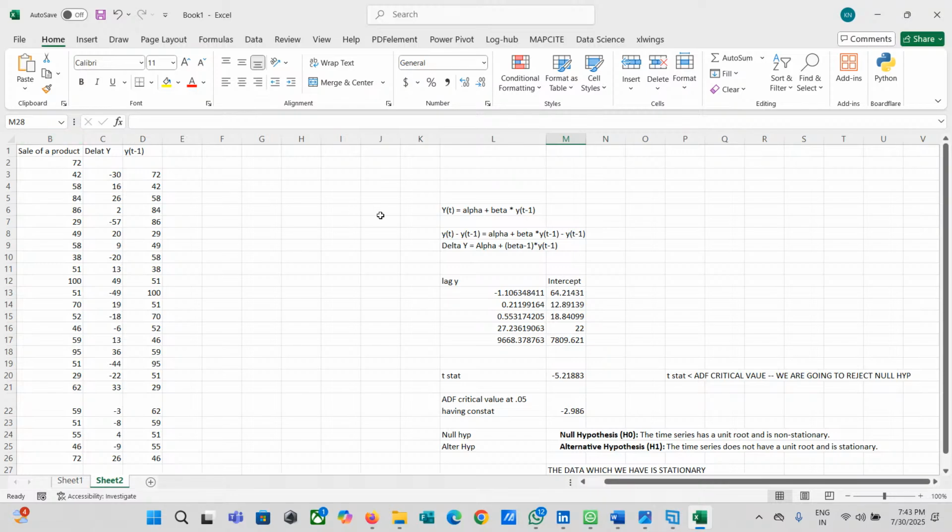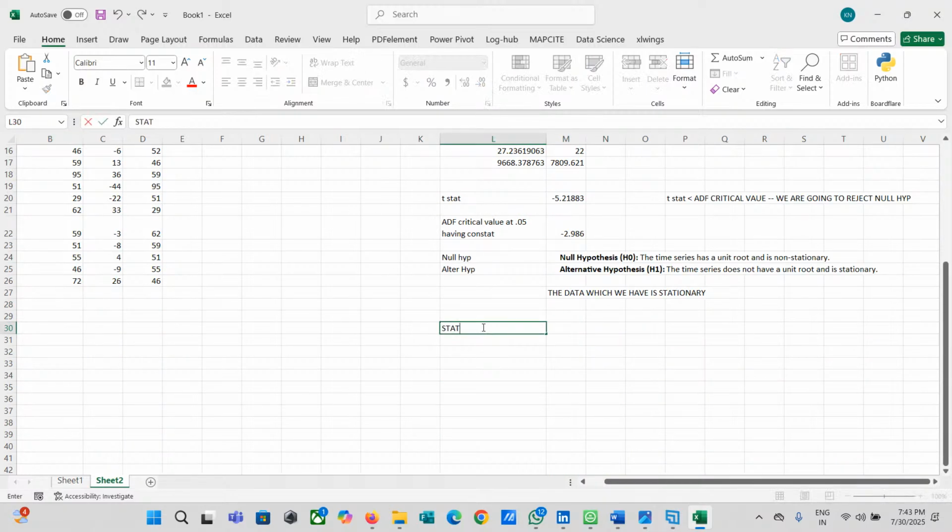So what is stationary data? If you want to understand it, at various fixed intervals, if we choose a sales period, we need to have equal mean and equal variance. This is something we have to look at: equal mean and equal variance. If we have equal mean and equal variance, we can call the data stationary. And there are no patterns. No patterns means no trend and no seasonality.